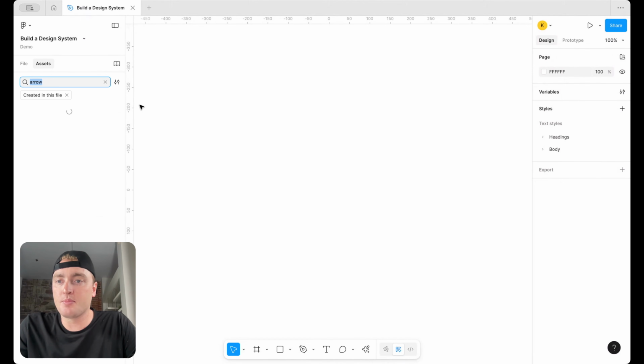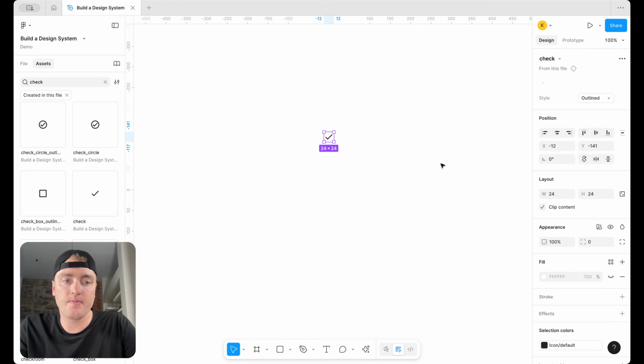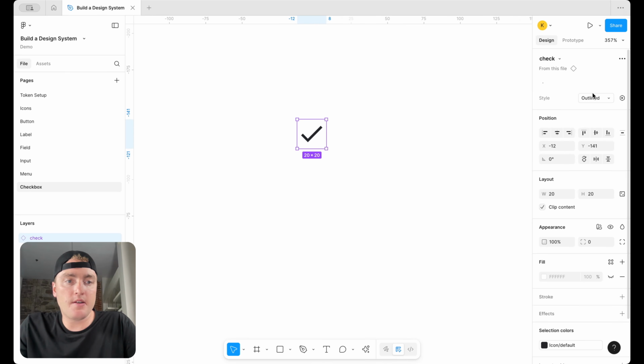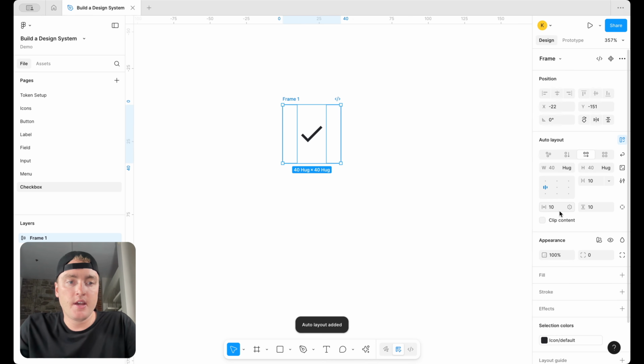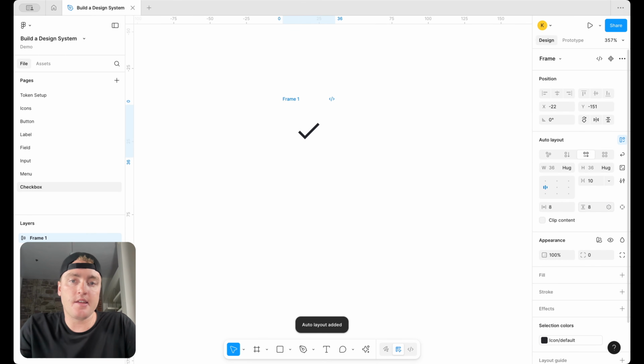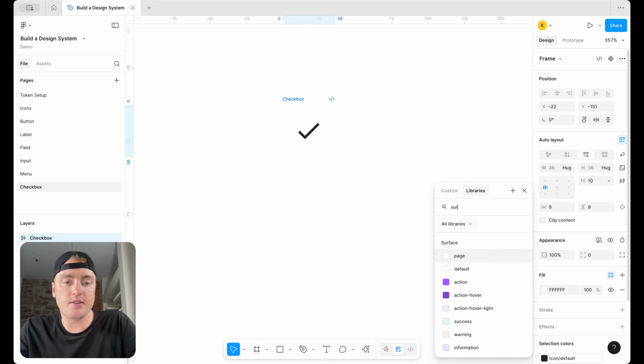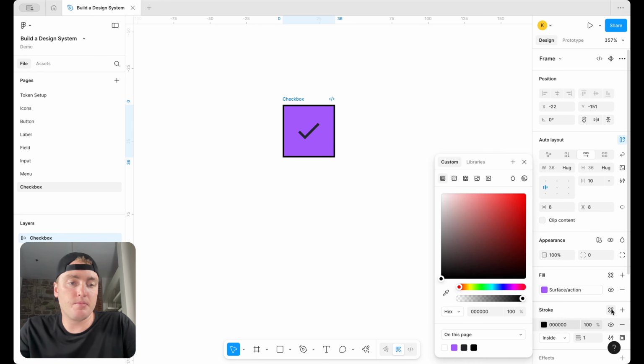Okay, so let's go ahead and bring in just a check icon for our checkbox to start. And you know what we like to do? We like to set this to 20 by 20. And let's go ahead and just add some auto layout around it. There we go. Maybe set this to something like 8, and then also 8. Okay, so let's call this our checkbox. And what we're going to do is add in a surface action and also a stroke,